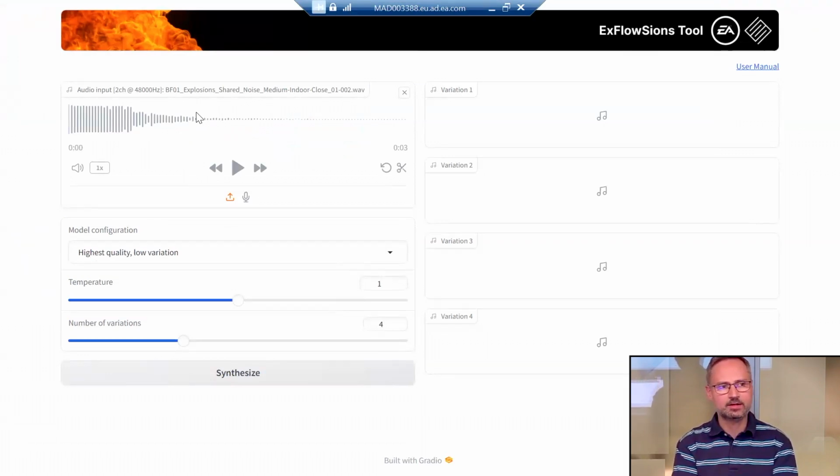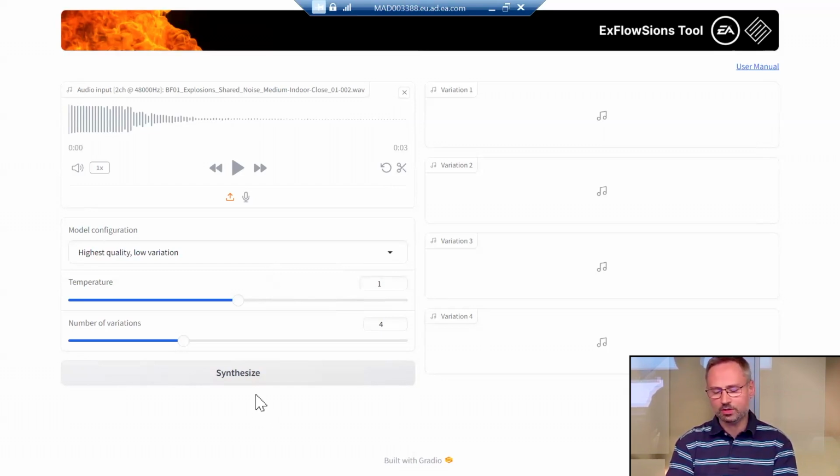We have added here also for clarity and for easiness of use, the number of channels, the sample rate of the sound, and the name of the file of the sound that has been loaded. So for the first part of the demo, what I'm just going to do is to leave all the configuration parameters as default, and then click on synthesize.